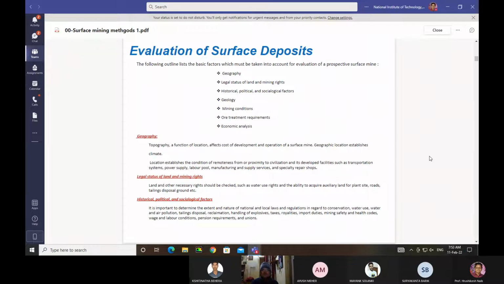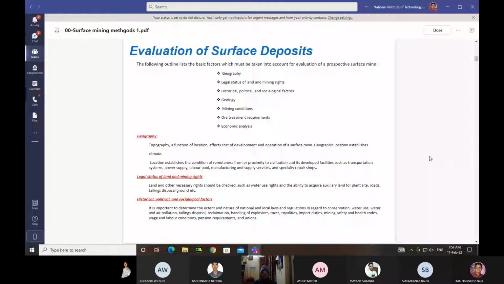So we have evaluated the surface deposits. There are certain factors which are taken into account while evaluating the surface deposits for selecting a mining method, like